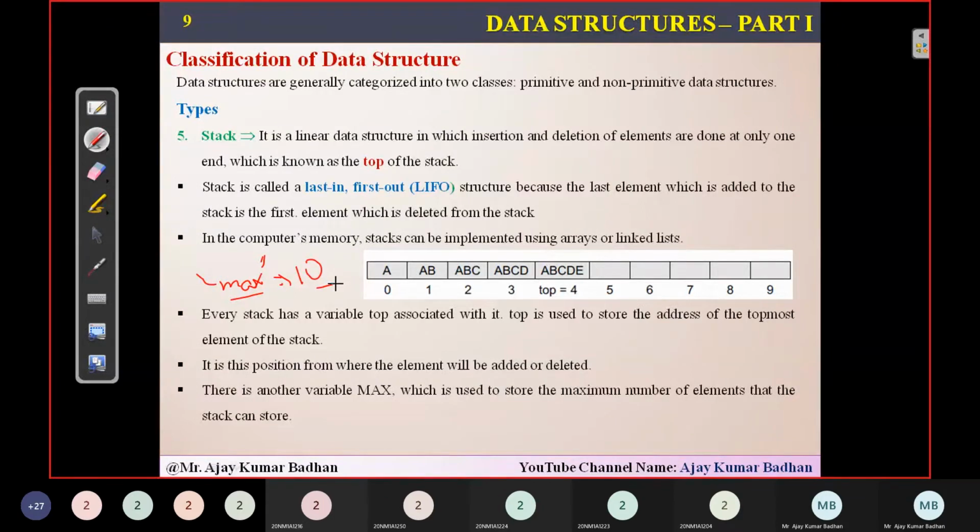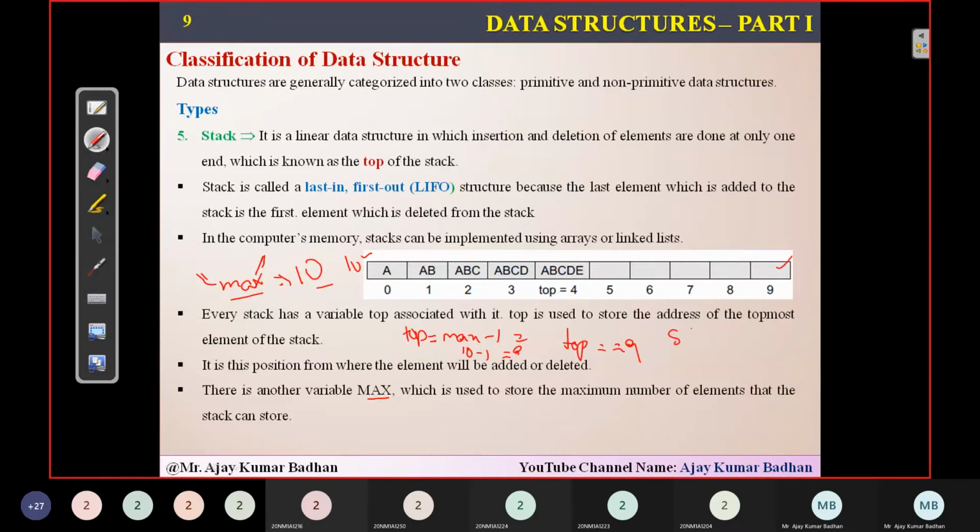So that is what is represented here. Apart from this, max represents the maximum number of elements. Top minus minus you are doing is nothing but this. Remember, top is equal to max minus 1. Let us suppose this is an array of 10 elements. What is the maximum number of elements I can store? 10. 10 minus 1 is how much? 9. So if top is equal to 9, at this position, the stack is full.